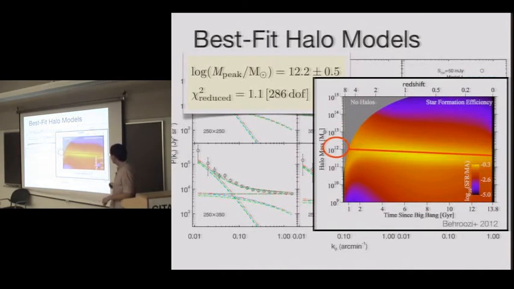So here's just one example. This is from Béthermin et al. He's got this model where the peak is at 12.2, I think, right on the money. And the evolution with redshift, it doesn't seem to evolve with redshift at all. I mean, a little bit, but it's pretty constant with redshift. But that depends where you make the boundary between what you call a 2 and what you call a 1. I mean, if I shift that boundary, then I will have changed that number. Well, maybe that's the case.